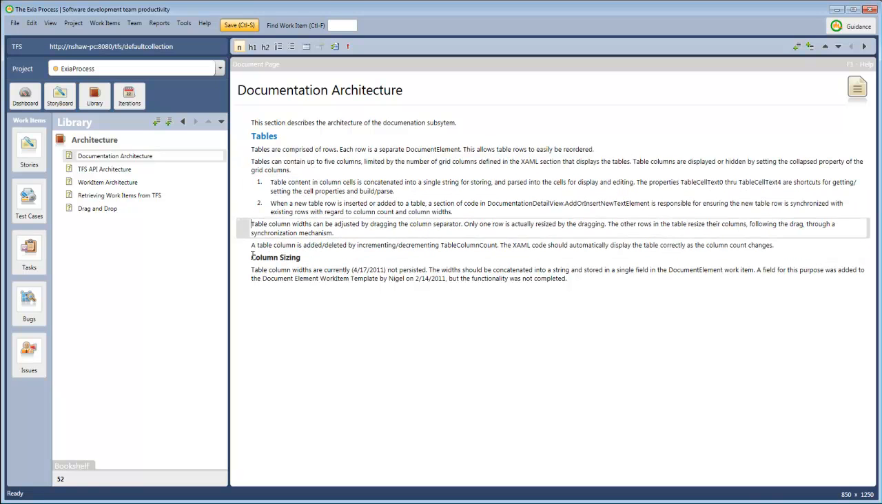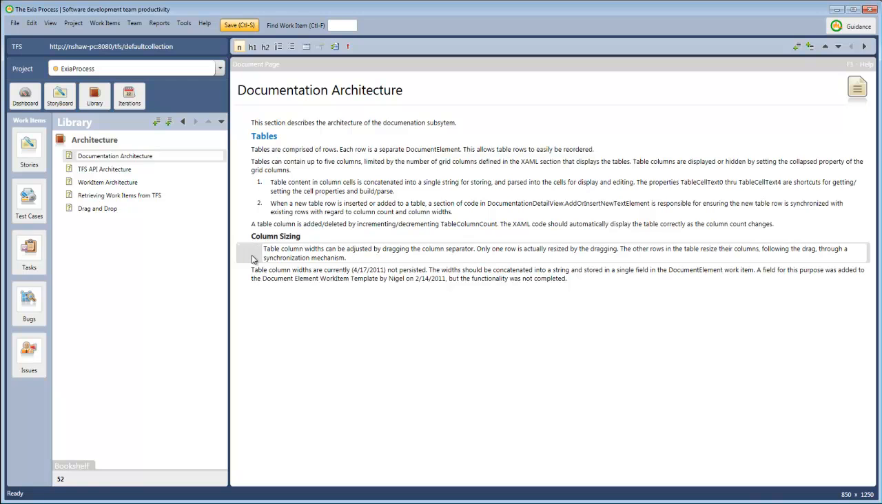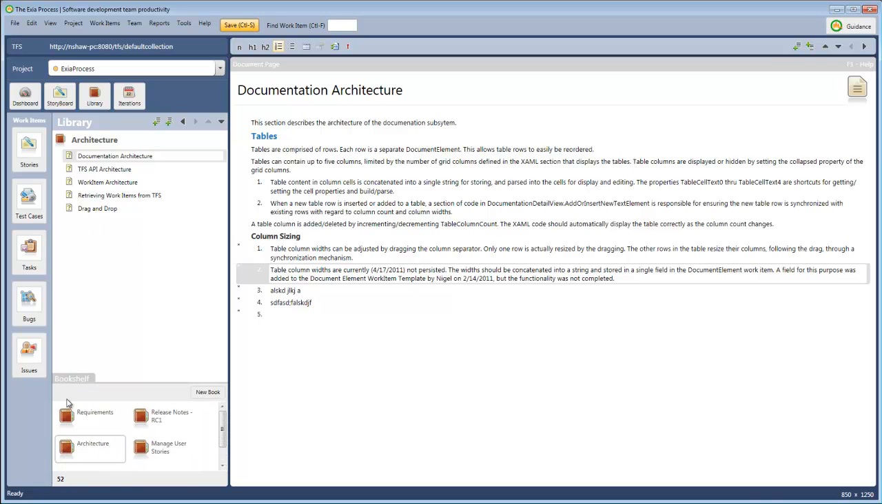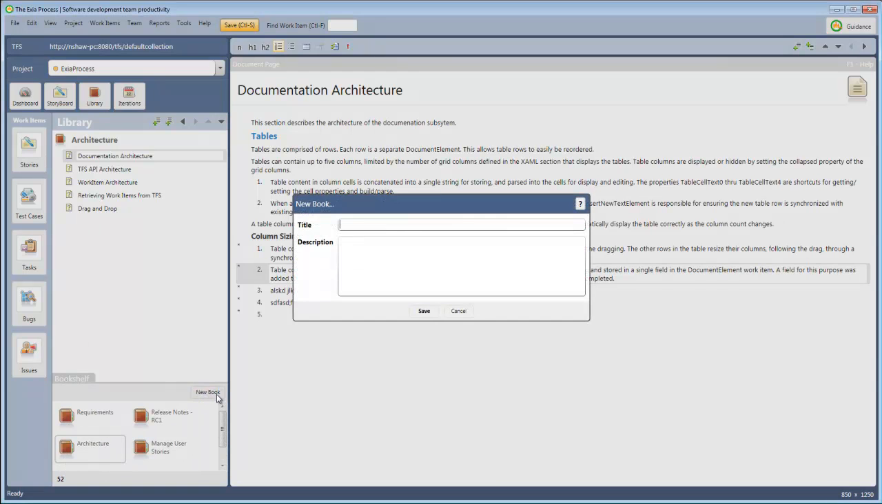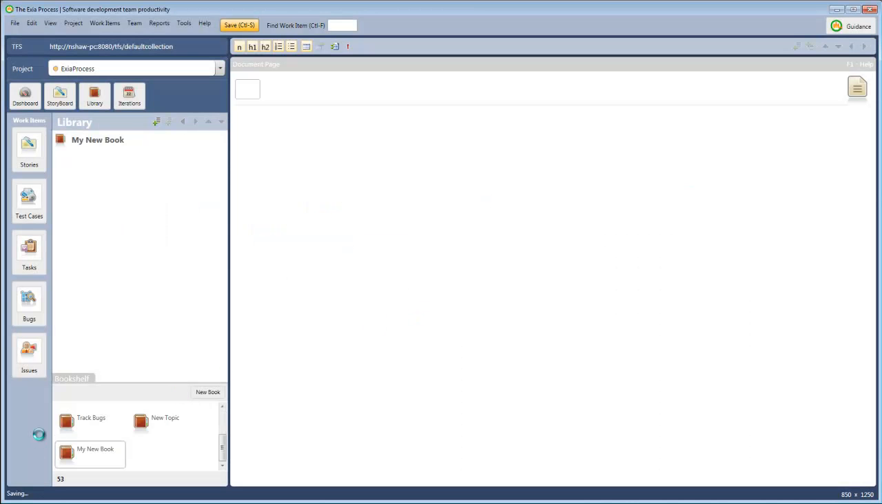So Control arrow will rearrange them. We can indent them and outdent them. We can bullet them and number them. We can create new books by opening the bookshelf, clicking New Book. A book can contain anything that you like. So now we've created a new book, and we can start editing the book by adding a new topic and type. Books can have as many pages as you like,